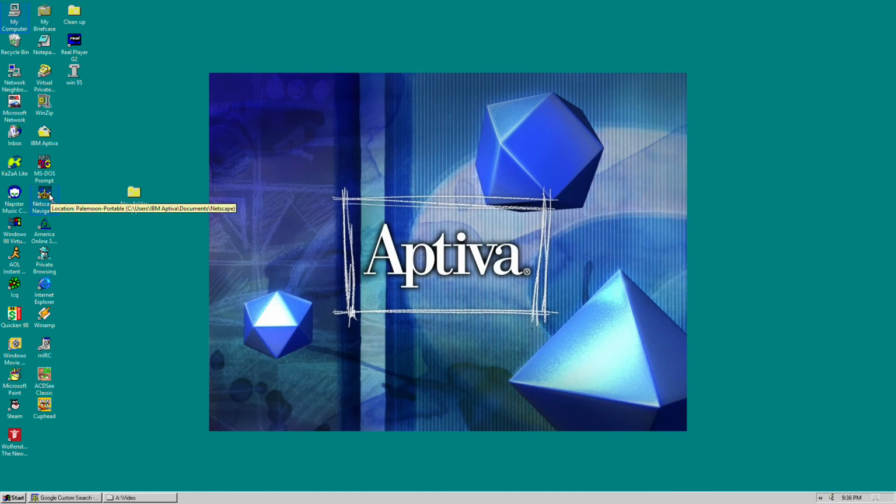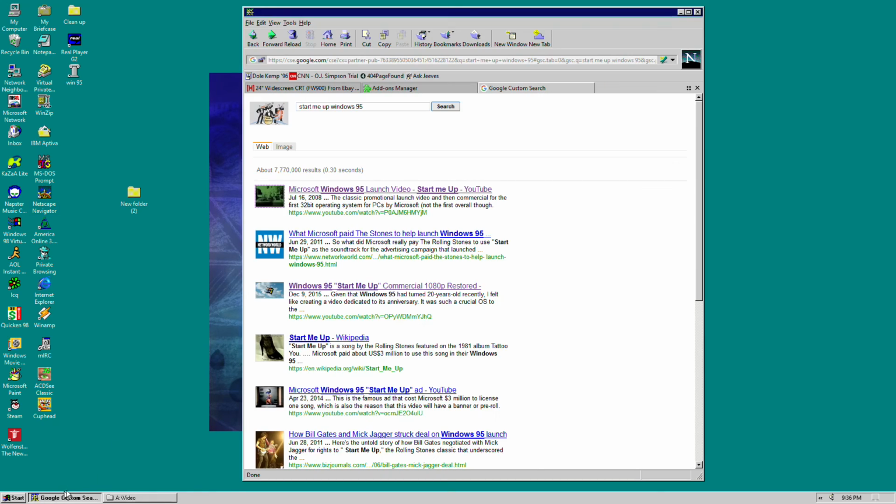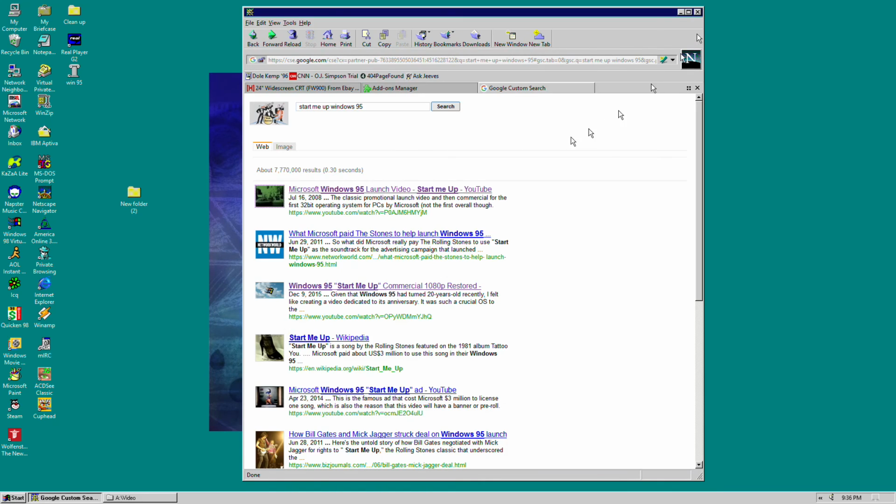Alrighty. Oh, it's already open. I can't open two instances. The only way to do that is to actually click new window. I think that's because it's a portable app. It gets angry if you do it that way. Okay, so